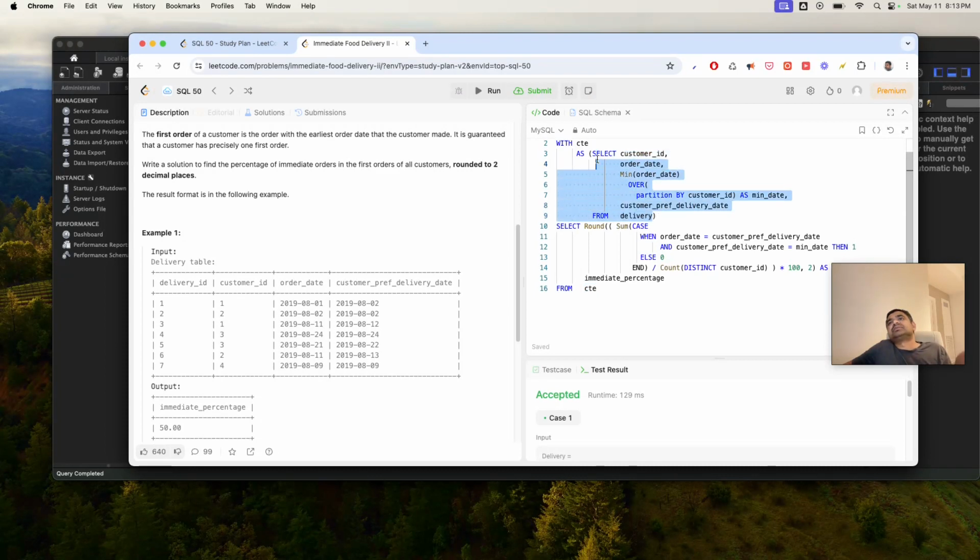I'm selecting from delivery, minimum over partition by customer ID as minimum date. So I will have three pieces of information here: customer ID, order date, minimum order date over partition by customer ID, as minimum date. Okay, so that's exactly almost the same as